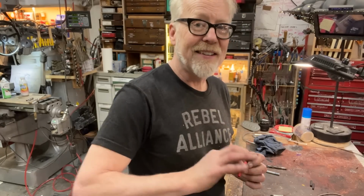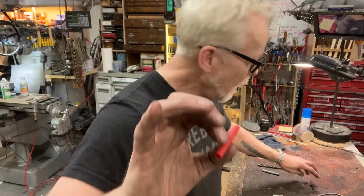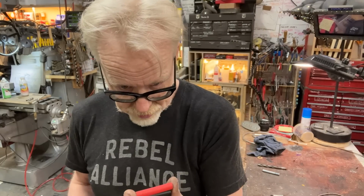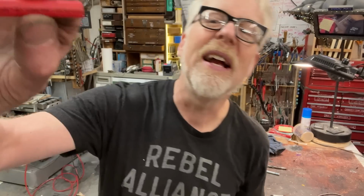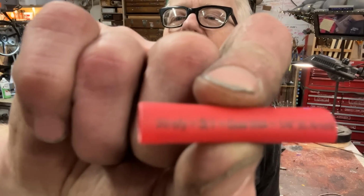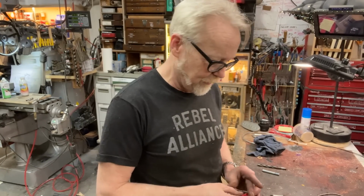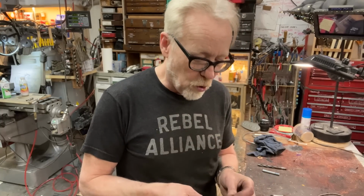Heat shrink tubing. Yes, I used a lot of heat shrink tubing. I've recently upgraded my heat shrink tubing collection to go all 4-to-1 shrinkage heat shrink. That's what this stuff is. It's 4-to-1, he says, holding up a 3-to-1. Apparently, I'm a liar. I thought I had upgraded to 4-to-1. That means it's a 4x shrinkage. It shrinks to 1/4 of its original diameter. Most heat shrink is like 3 to 1. And frankly, I've gotten in trouble with that. So I've tried to